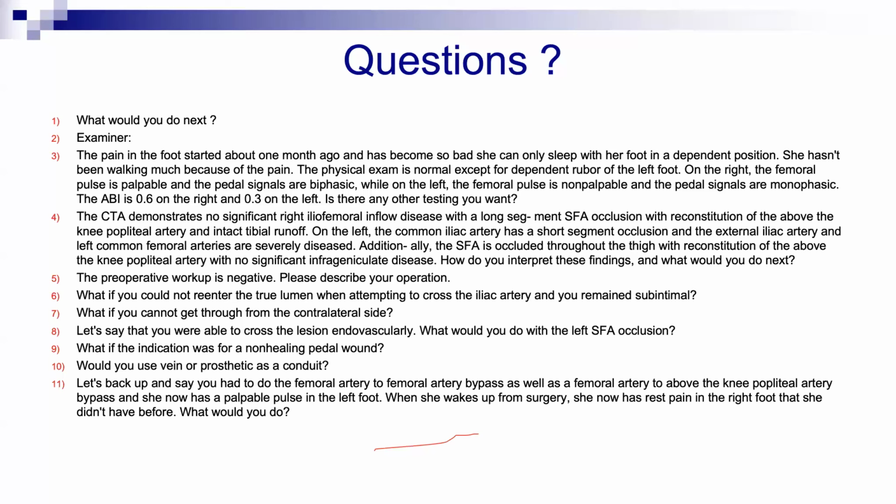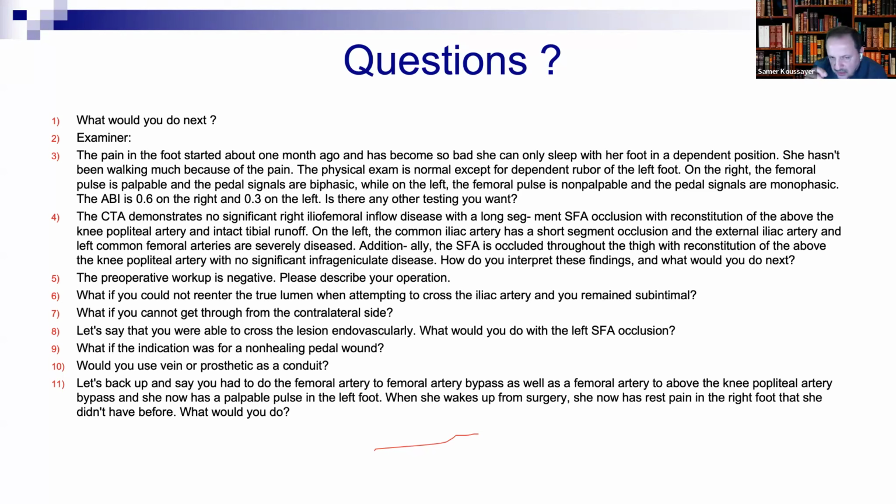Atheroembolism distally. You see, Mustafa, I always tell you guys the same story. Don't volunteer information. You get yourself into trouble. This is a steal. Why atheroma? Where is it coming from? The aorta is clean. Where did the atheroma come from? Unless you tell me it jumped over from the other side. Could be possible. But don't get yourself into more trouble. Unless he asks you what else, then you tell him it could be emboli from the other side.